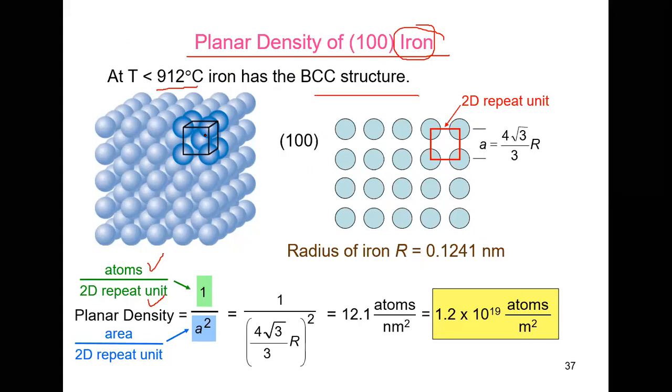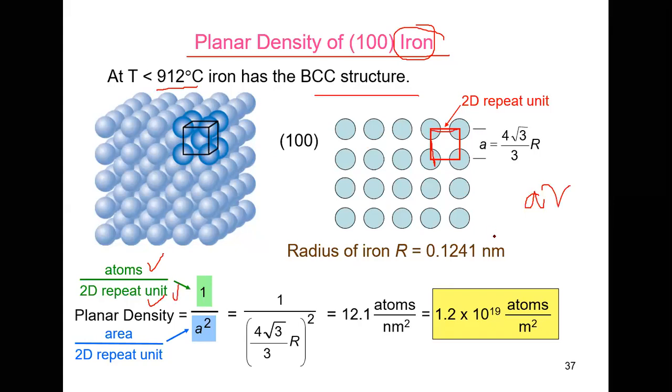If it is less than this, the crystal structure is BCC. BCC means atoms are located at the corners, look here, and also at the body center position. The (100) plane is this. This is the front plane. If we draw the (100) plane separately, it will be this one. So what is the area of the plane? This length is a, this length is a, so the area of the plane is a squared. So we know the denominator.